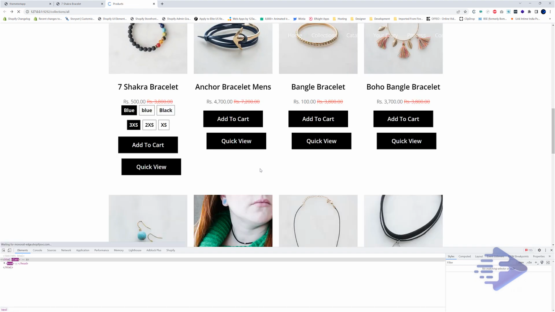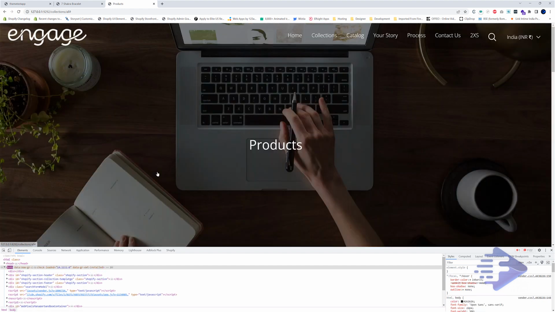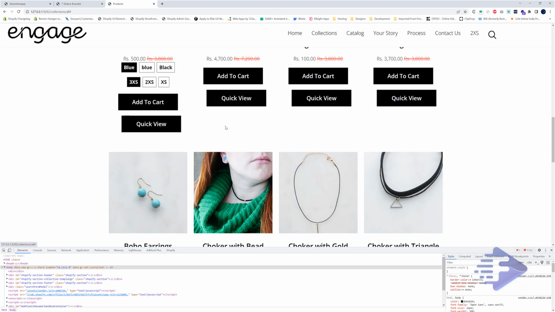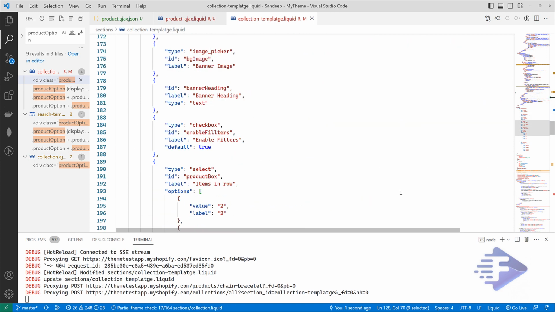And let's check this one again. If I click on this, nothing is going to happen. That's what I want. Let's call this one quick view. Copy and save.